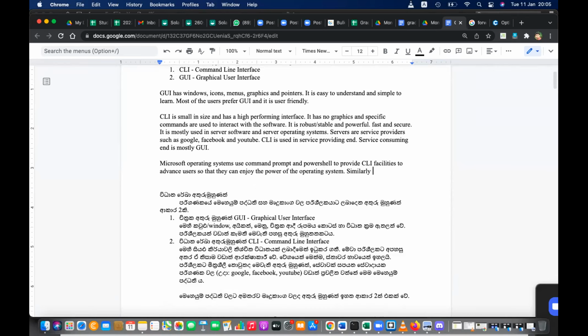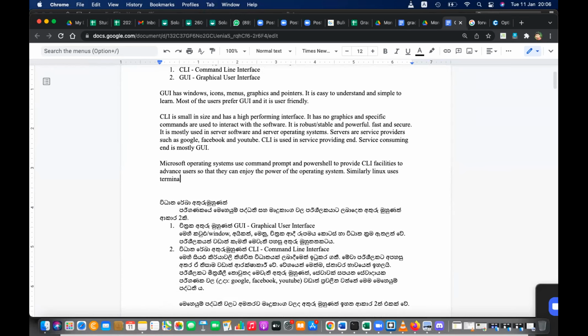Similarly, Linux users use the terminal, and Mac OS is also using a terminal.